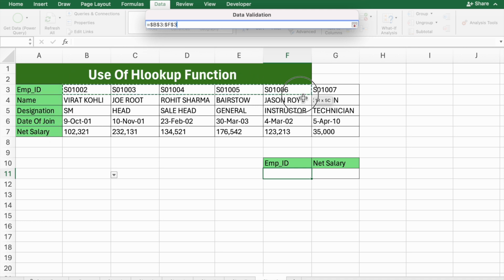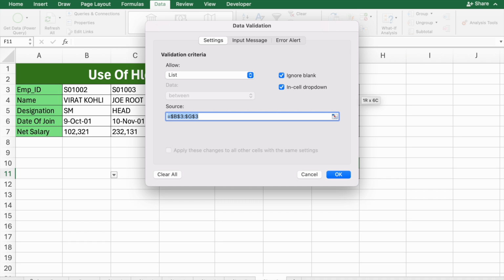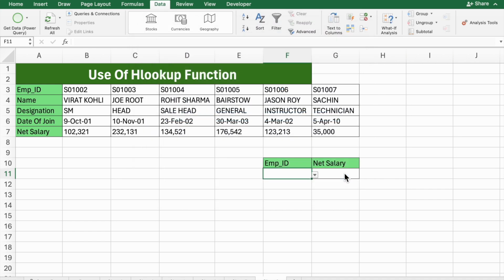All the employee IDs you have mentioned in this table. Then click OK, then click on this again. Then you will see you can select any one of the employee IDs. So I want to select this. Now for the net salary you have to use a formula, equals to, then here you have to type